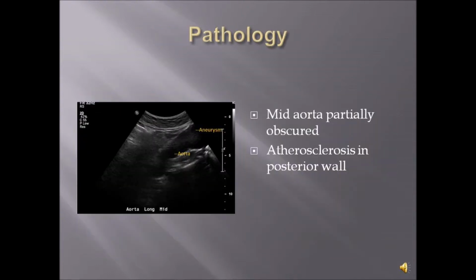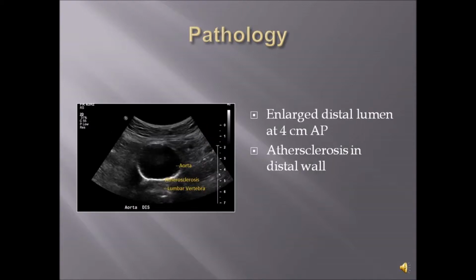For the pathology, this image shows the mid-aorta. It's partially obscured in this image, and it shows atherosclerosis in the posterior wall. And then in this image, you can see an enlarged distal lumen at 4 centimeters AP and atherosclerosis seen clearly